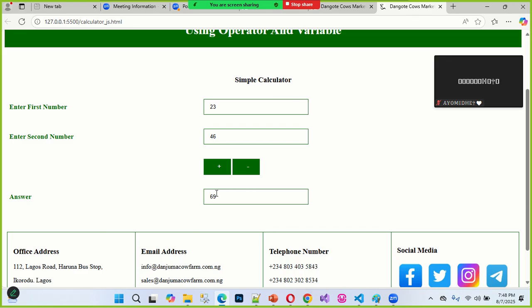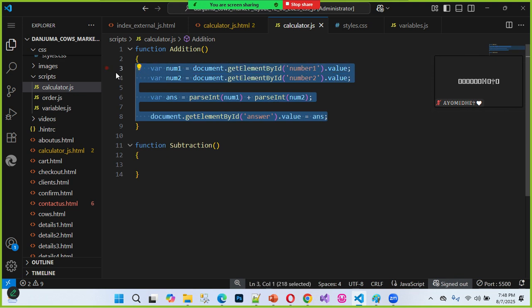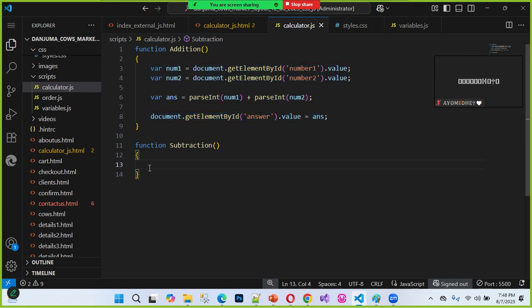This is the calculation here now. So if I come down here, I say, okay, 39, 8 again, plus, that's 84. But for this subtraction, there's nothing. So let's implement the same thing for subtraction now. So I can copy the same code there. Do you get it now? I'll put it inside this word subtraction here now,